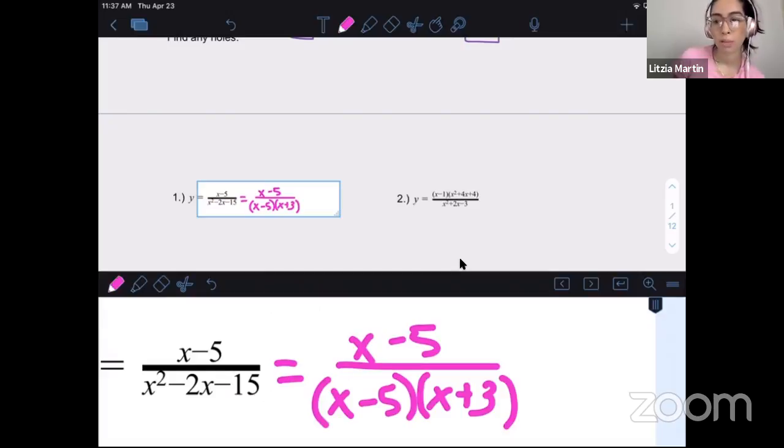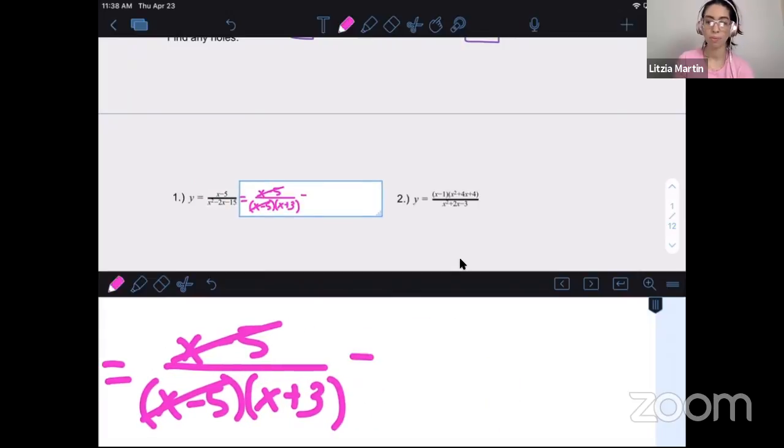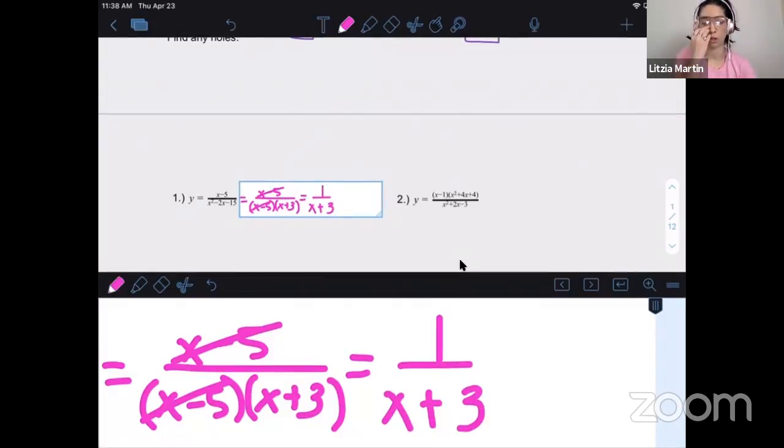And you know that there's going to be a hole when a factor cancels out. So we have x minus 5 on the top, x minus 5 at the bottom. So we know that there's going to be a hole where that factor is. I'm going to just go ahead and simplify this. So we have 1 over x plus 3. But in order to find the hole, we're going